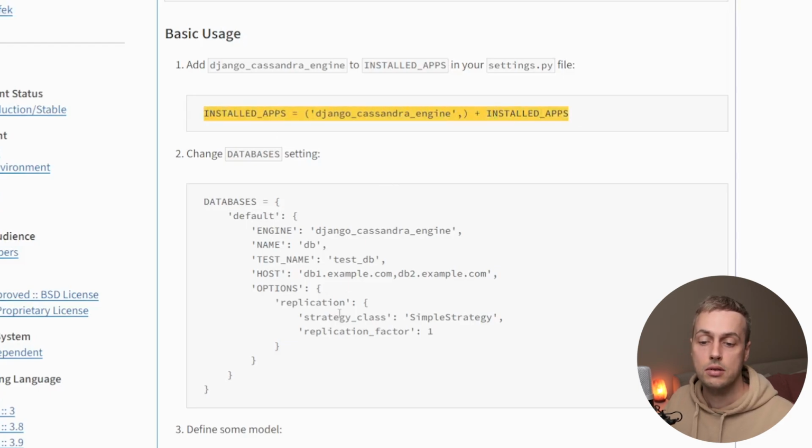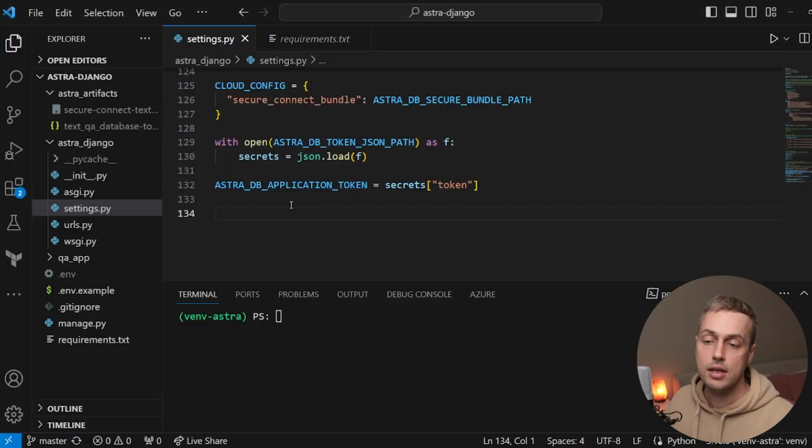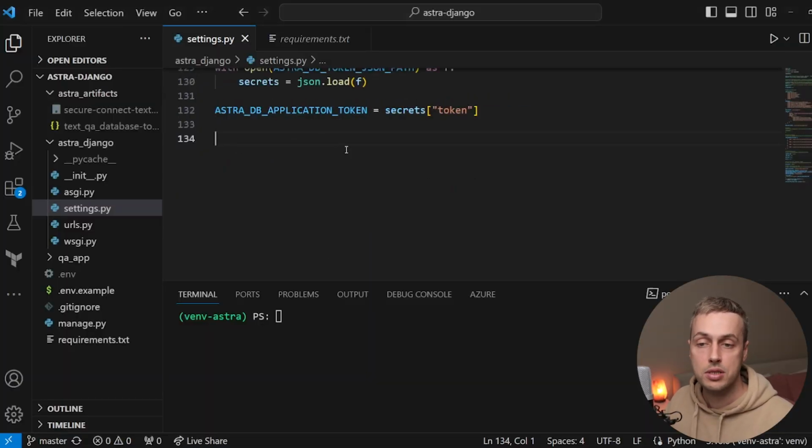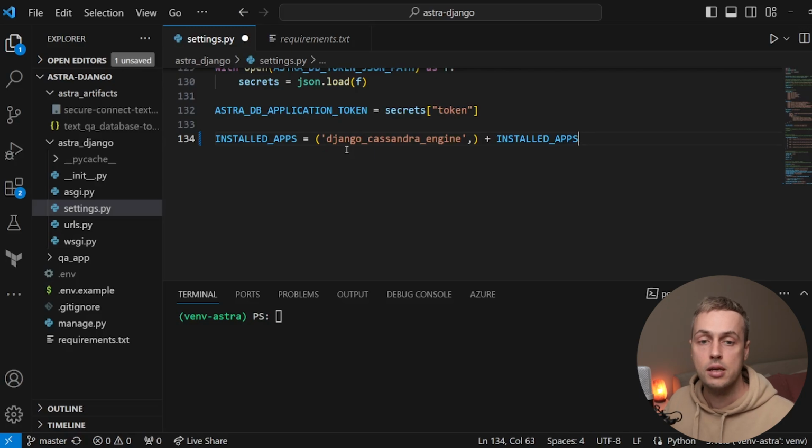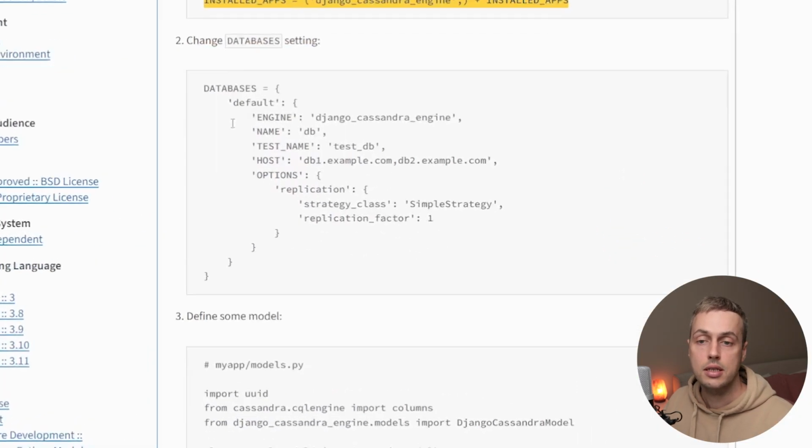So let's copy this line of code here and go back to VS Code, and just at the bottom of settings.py from the starter code, I'm going to paste that line of code in, and that's going to add Django Cassandra engine to our installed apps, and that's going to allow us to use the utilities from this library in the Django application. Once we've done that, we can go back to the documentation here, and you can see that we can change the databases setting in Django. Now, by default, that's going to point to an SQLite database when you first create a Django project. I've removed that code from the starter code,